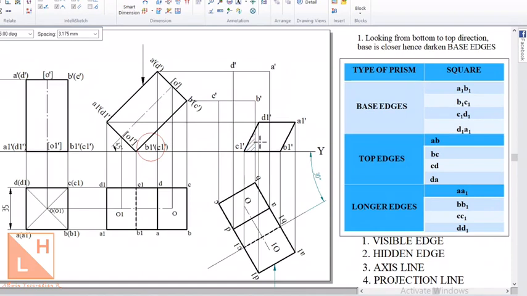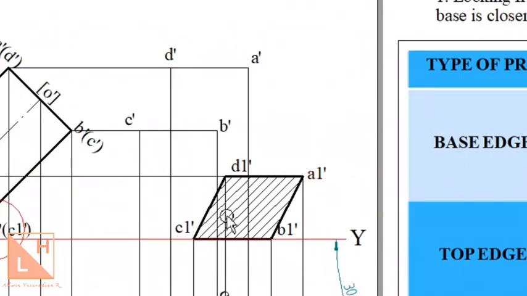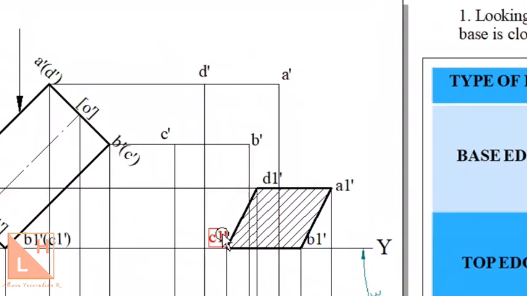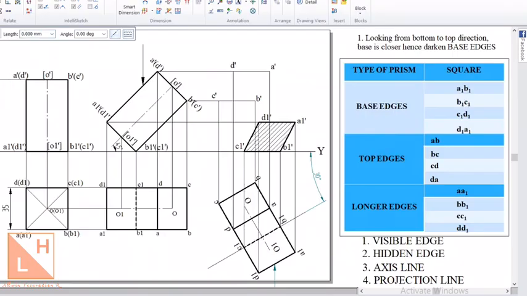And now for the second step, what we do is, from the outermost points of the one that we have darkened, just concentrate on this thing which we have darkened here and identify the outermost points for this particular drawing that we have made. The outermost points will be A1 dash and C1 dash. So in this base, A1, B1, C1, D1 are present, out of which, if you look at this drawing, it is clearly visible A1 is one of the outermost points and C1 is another outermost point. So one outermost point is A1 dash and the other outermost point is C1 dash.